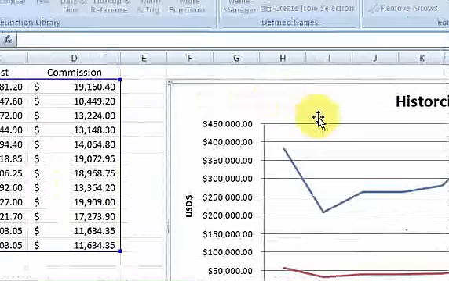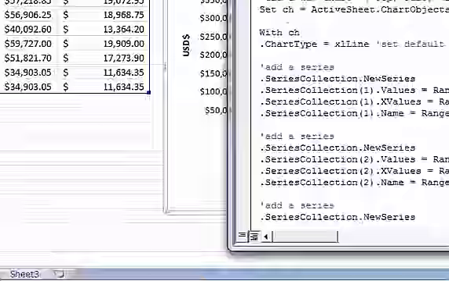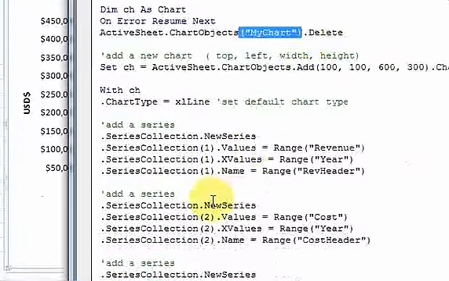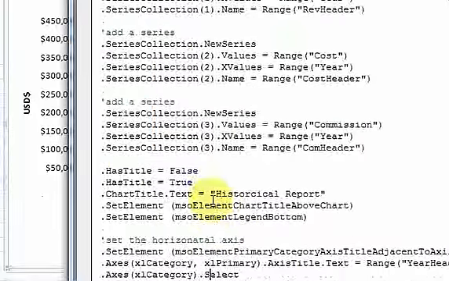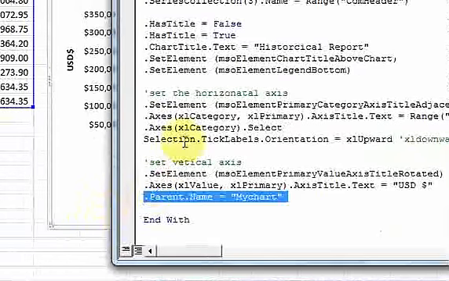Notice that there's only 1 chart on the worksheet. And how does it know to delete that? Well, that all comes from this my chart. This is the name of a chart, and I set that name way earlier in the video, down here with .parent.name. Why is it .parent? Well, if you just use .name,